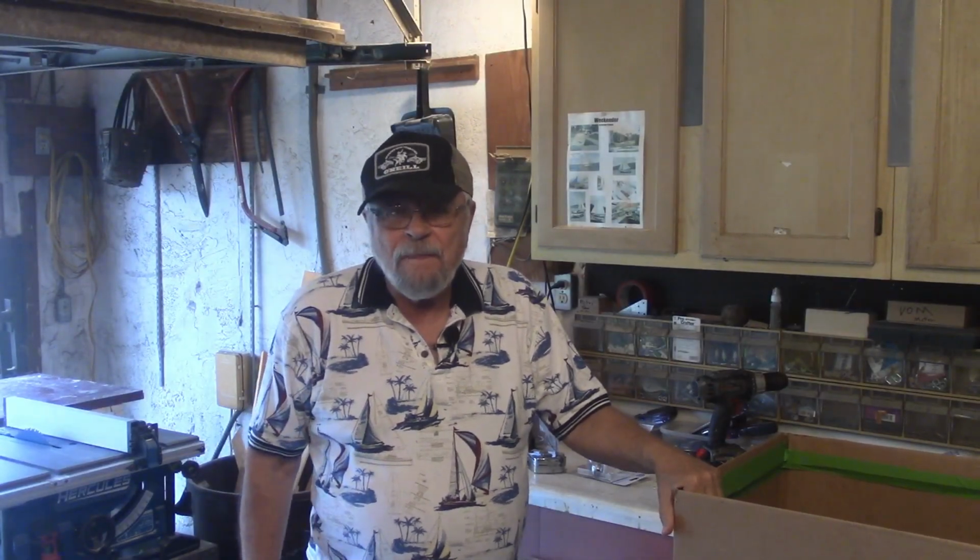So what do you do after you build a chicken coop and you've got no chickens? For some people, that's going to be easy. They can buy from some local people and barter or trade. But for me, I live in suburbia, and I mean real suburbia. I live in the most densely populated part of Florida. There are no building sites, there are no farms, there's no open land except for city parks and county